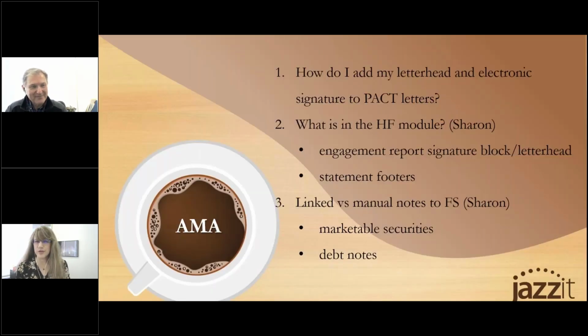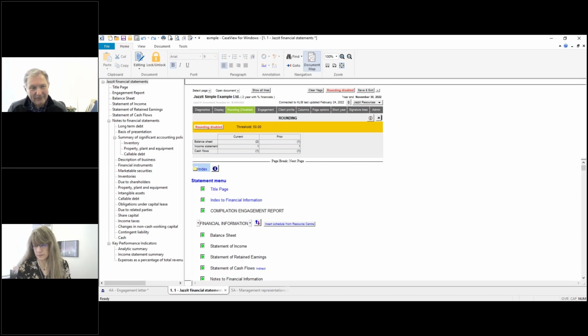Second question was from Sharon. What is in the HF module? How does that relate to the engagement report signature block and letterhead? And how does that relate to the statement footers? That's a great question. So in here, what I'm going to do is I'm just looking at my financial statements